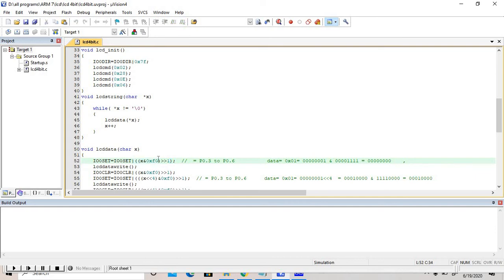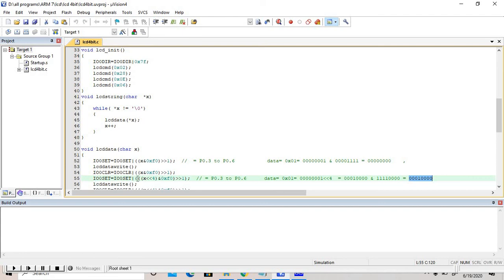Then you have to do one left shift also. Okay, one left shift is there. In the case of this one, 0x01 the same, and 0x01 first shift of 4. Shift of 4, the output is this one.